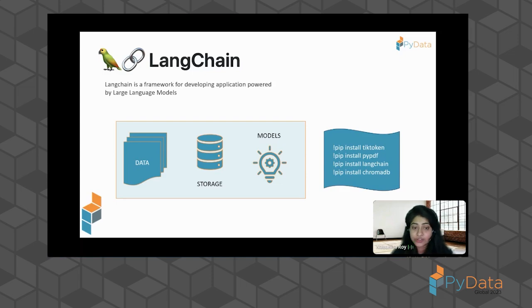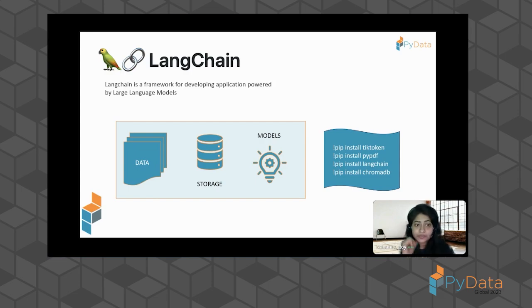And then what it also does is that it gives you the ability to interact with different kinds of models. So not just OpenAI. We're also talking about Hugging Face and all the other on-premise models that you can build. It gives you the ability to interact with them. So it's built a full ecosystem with which you can build applications powered by large language models. It gives you the ability to extract, transform them into vectors, store it, and bring in context, gives you similarity results as well under the hood, and gives it to the model and helps the model to understand that data and give back the user relevant information or desired information.